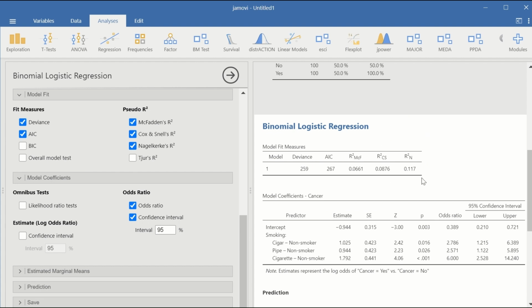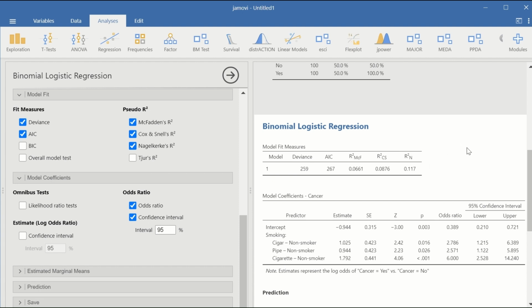Looking at this value here, which is the R square, it shows that 11.7% of the variation in the outcome can be explained by smoking habit, whether you are a smoker or non-smoker, smoking cigar, cigarette, and pipe. So 11.7% of the variation in the outcome, which is possibility of getting cancer, can be